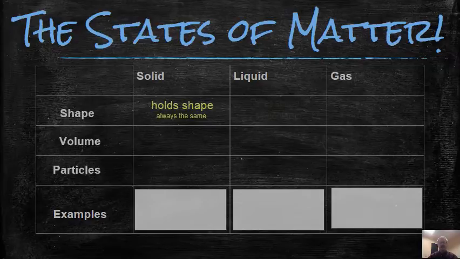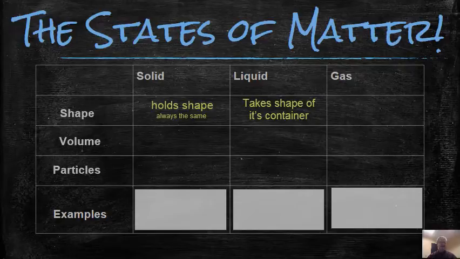However, if the substance is basically just taking the shape of whatever container it is, so if you pour it into a round container and it takes up the shape of the round container, and then you pour it into a square container and it takes up the shape of the square container, then you're probably dealing with a liquid. But if the shape is just able to change willy-nilly whenever it wants to, then you're dealing probably with a